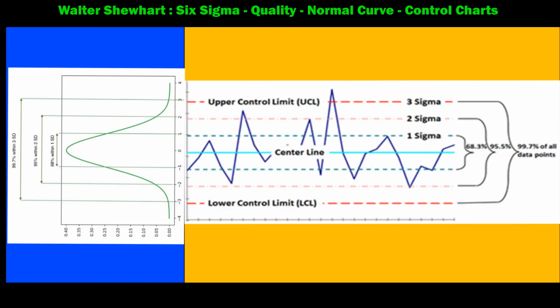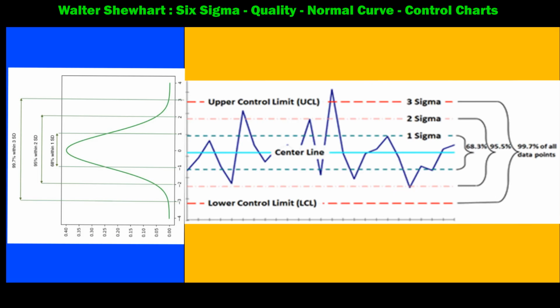Here we have now the same rotated normal curve along with a control chart. Apologies for the resolution, but this is the best one I could get. So the center line 0 represents the center, obviously, in terms of the mean and all. And then we have 1 sigma, 2 sigma, 3 sigma. The only difference here is the lower line of 3 sigma, -3 sigma, is known as lower control limit, and the upper one is known as upper